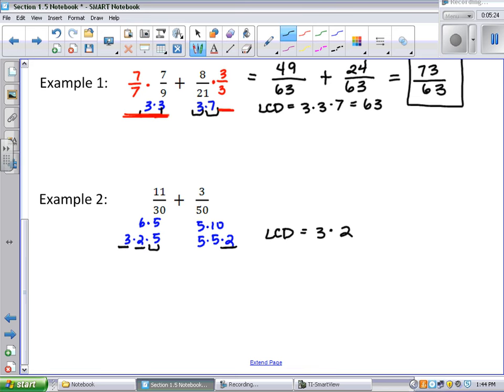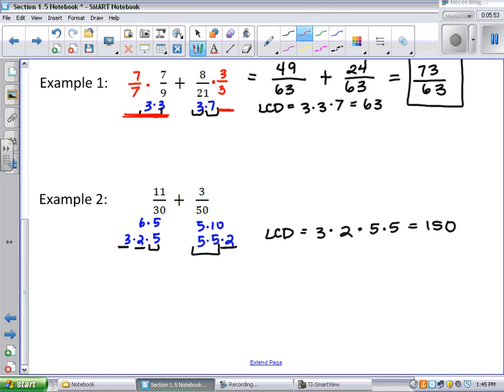Here I have one factor of 5. Here I have 2. I want to keep the most, so I want to keep two 5s. So my lowest common denominator is going to be 3 times 2 is 6 times 5 is 30 times 5 is 150. Now when I look at my denominators,